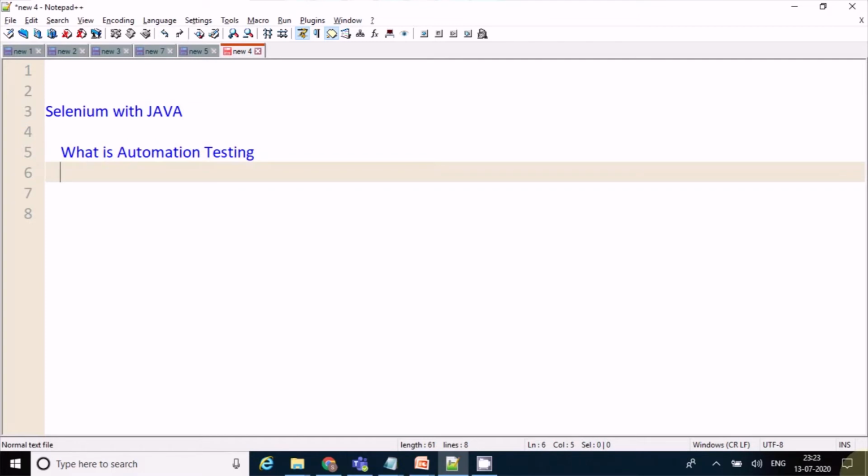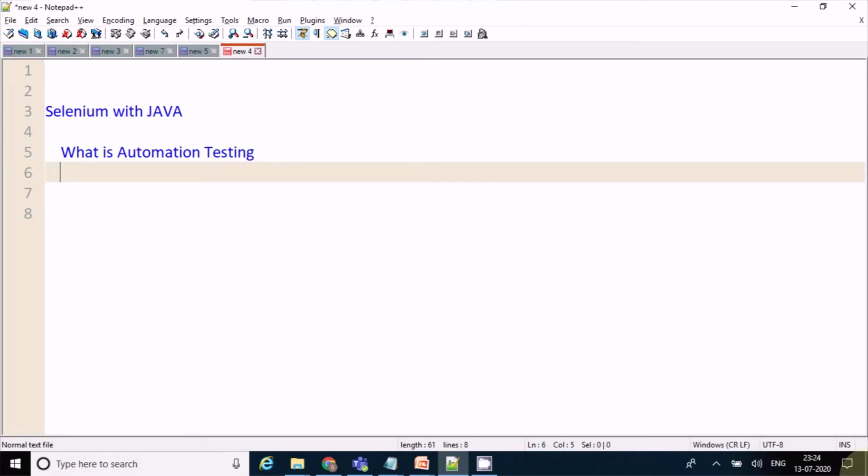Generally, in manual testing, we are going to verify each test case step by step manually. Suppose in my release, the developers provided 5 builds. For all the 5 builds, I need to execute smoke test, I need to execute regression test, I need to execute the major common flows.